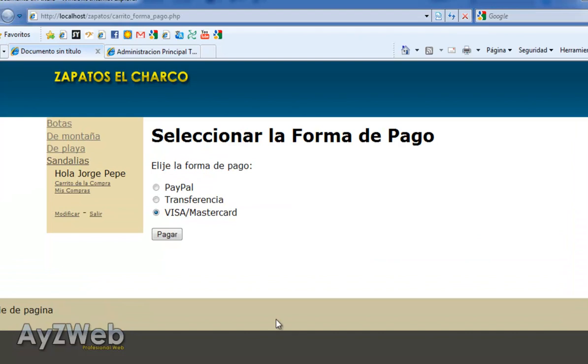Okay, the first thing we've got to do is going to the page and selecting Visa, MasterCard, or maybe